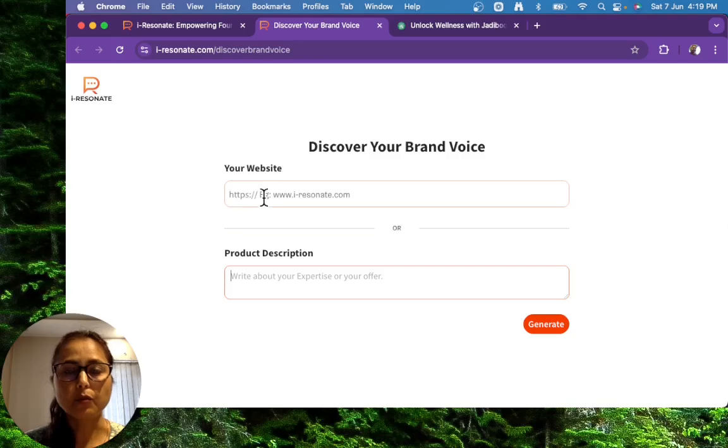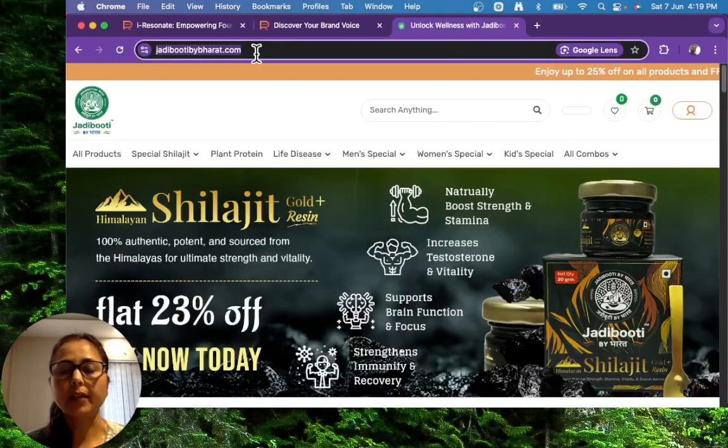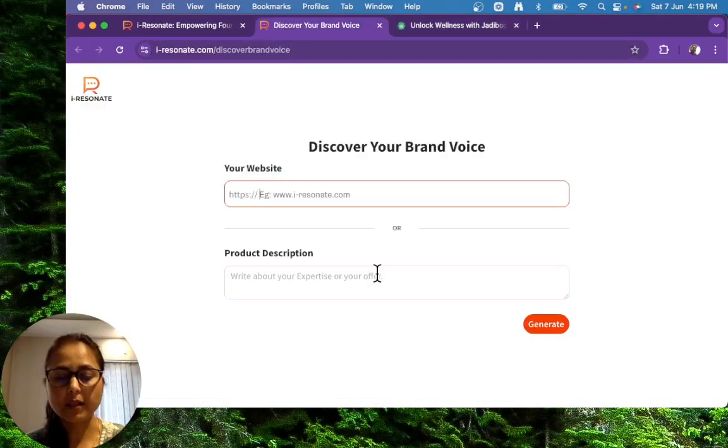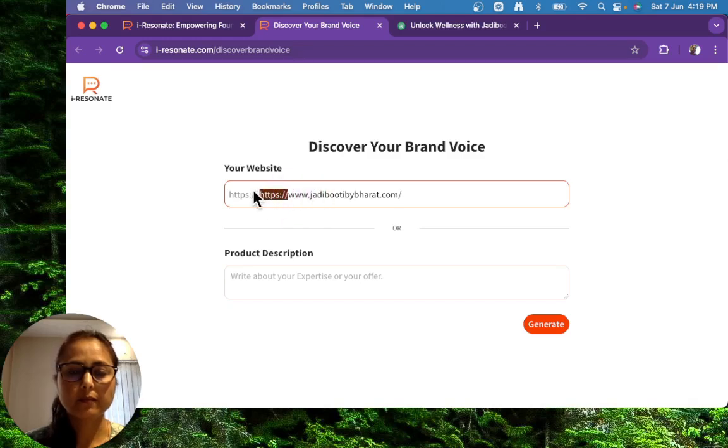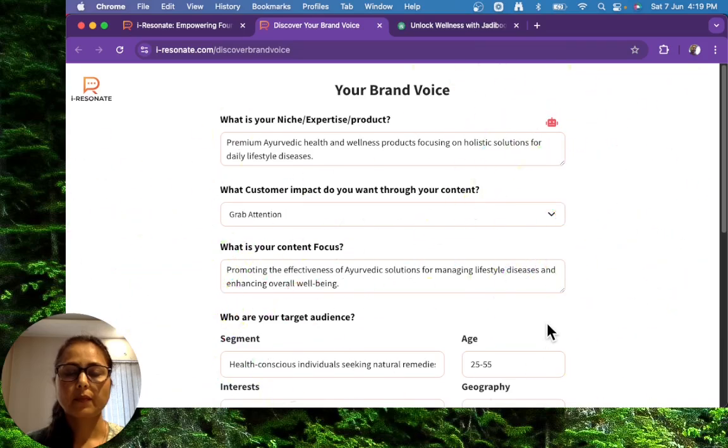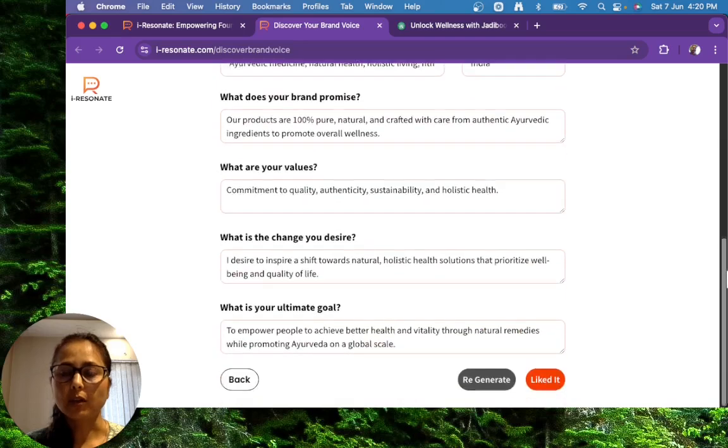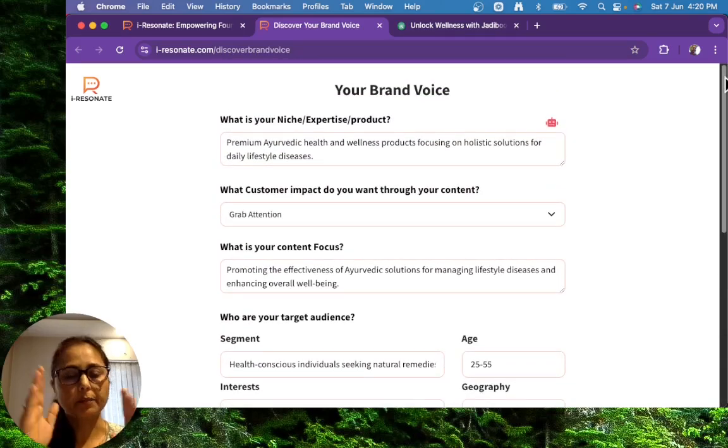But in this demo, I'm going to take an example of one of my prospects. They are actually into Ayurvedic wellness products. So I'm going to give their website's URL here, and we'll click on this button, generate. So if you see, the brand voice has been generated for this brand. For your brand, the parameters will be different. Of course, the structure will remain the same,